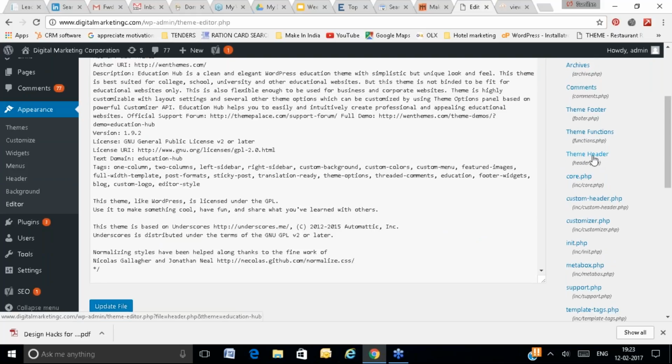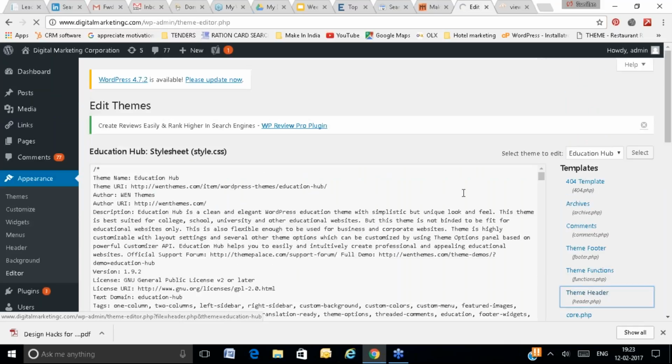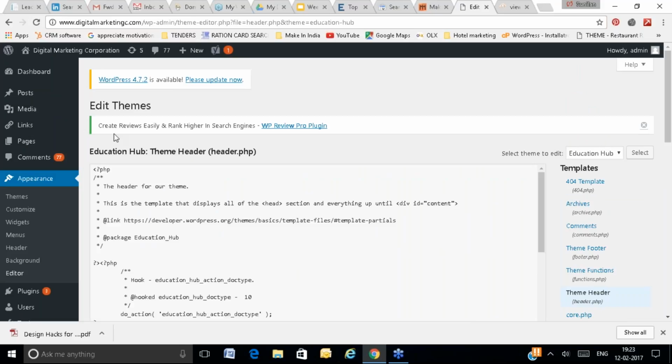You can click on header.php and open the header file. So it's opening. Here it should be header.php. If your header file works, it should be header.php.